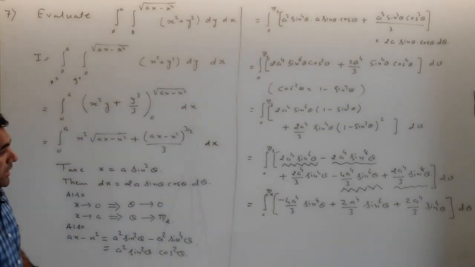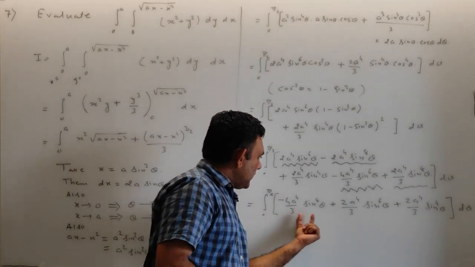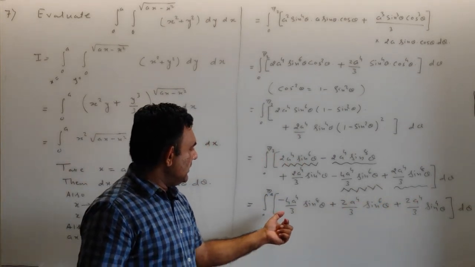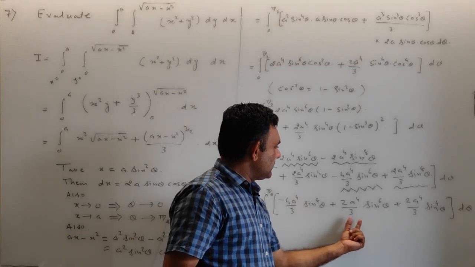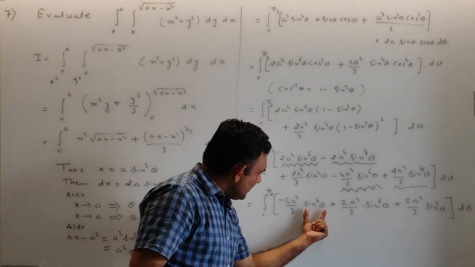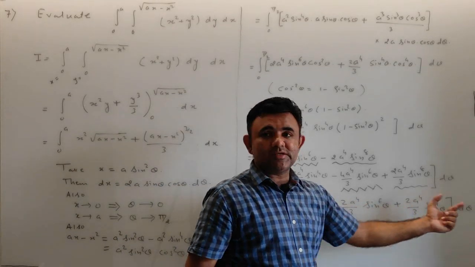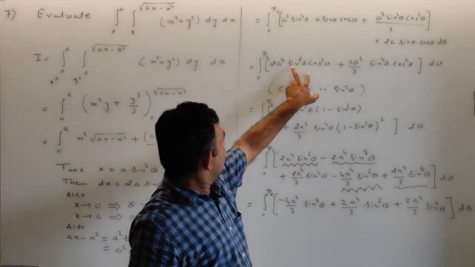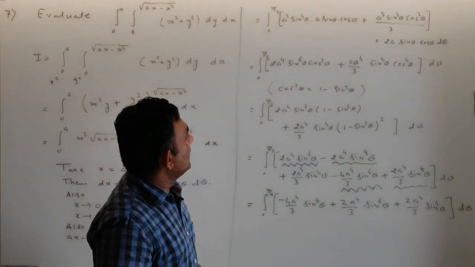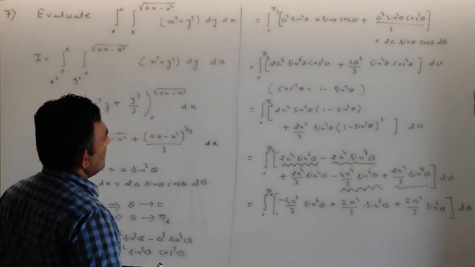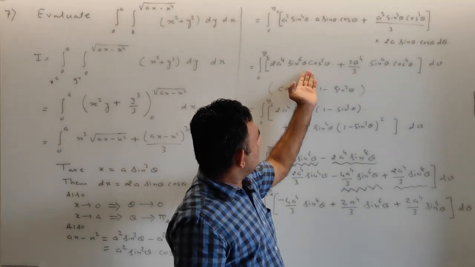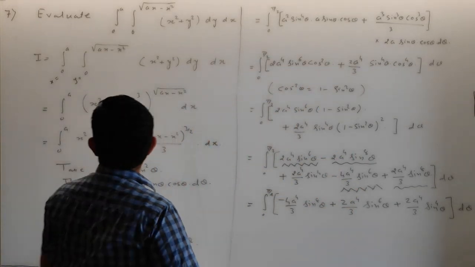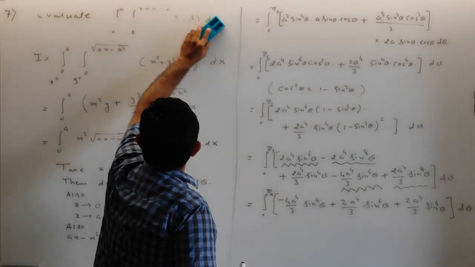Okay, so now these quantities are constant, 2a raised to 4 by 3, 2a raised to 4 by 3 and 4a raised to 4 by 3. These three quantities are constant, and we have only sine raised to 8, sine raised to 6 and sine raised to 4. So now it will be easier than this. It contains both sine and cos. I may have a direct formula from here also, or let us go with this, it is also fine.